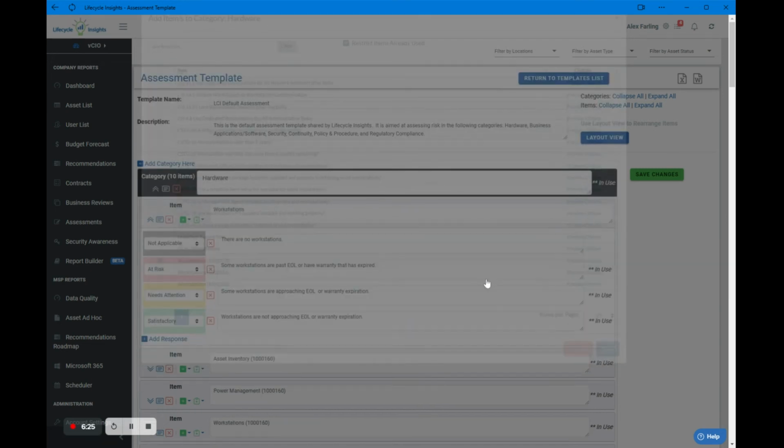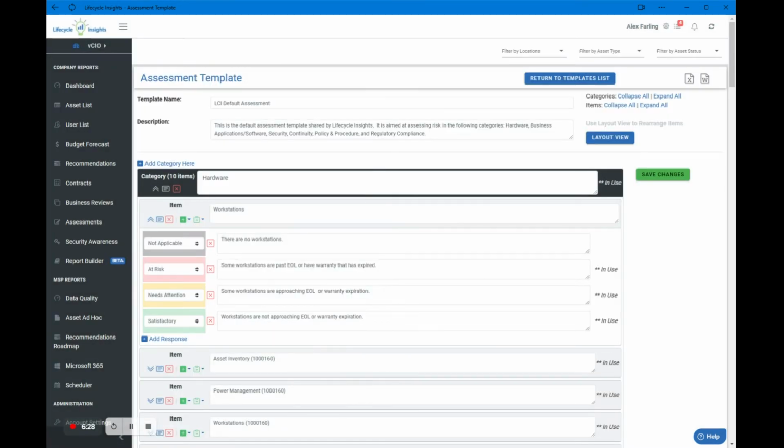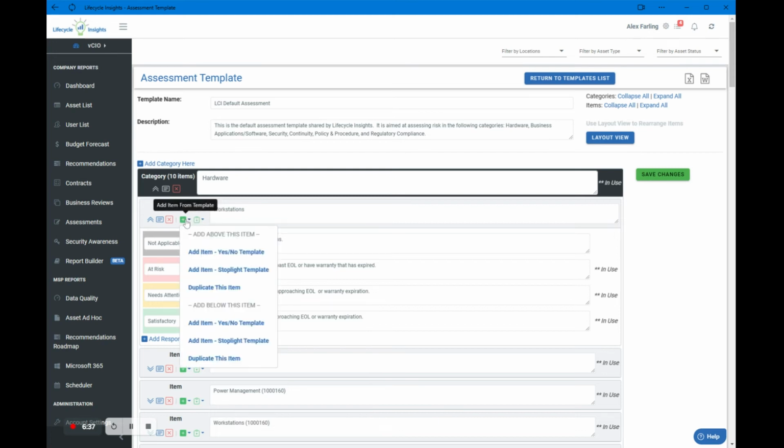As soon as I save it, it's going to pull into my template. It's going to move itself above the asset inventory, and I'm going to be able to customize that item. The other option is that I add an item from a template. And if I add an item from a template, I can add a yes or no template or a stoplight